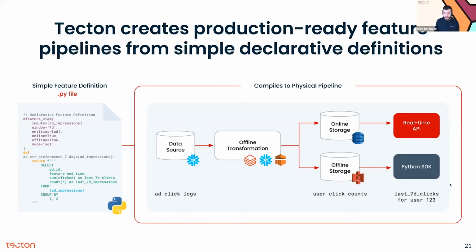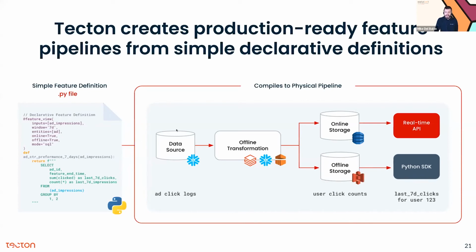a physical implementation. So it's spinning up the right infrastructure. It's setting up the right data schemas on all of them and connecting them all together. It's orchestrating the data flows on that infrastructure and backfilling your features into your offline feature store, so it can be pulled for training data sets. It's loading up the most recent features into the online feature store so it can serve your model at scale in real time. And so this is managing the infrastructure and the artifacts end to end. And that's had a really big impact for that top half of the loop.